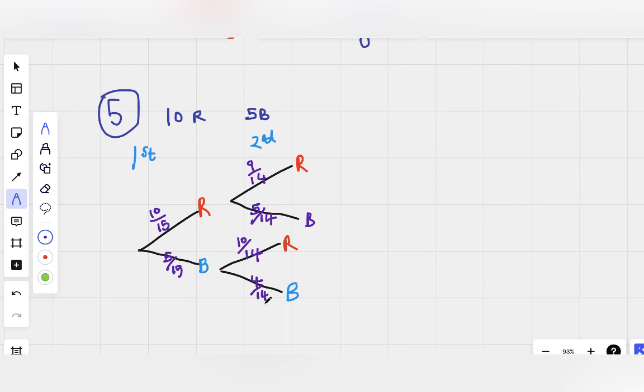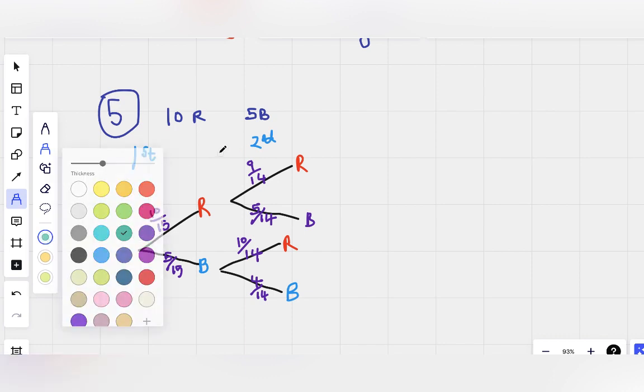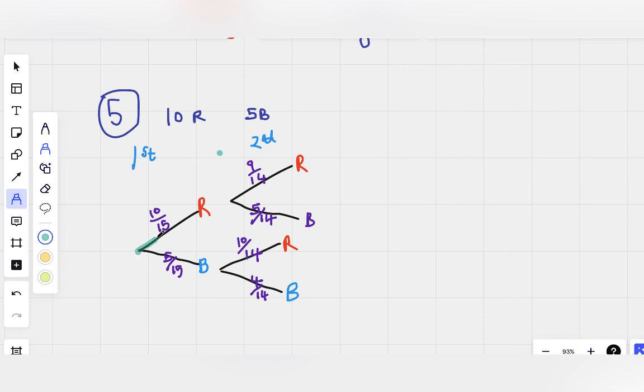We should draw the tree diagram to show the possible outcomes and the probabilities of the first 2 bits removed from the bag. If they ask you what's the probability of picking different colors, there are 2 different colors. This is red and black, a different color, or red and black. So if they ask you the probability of picking different color,